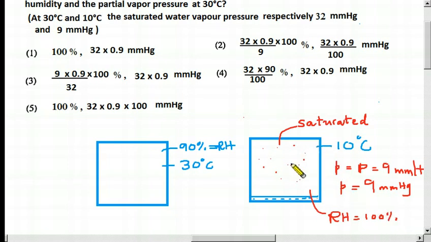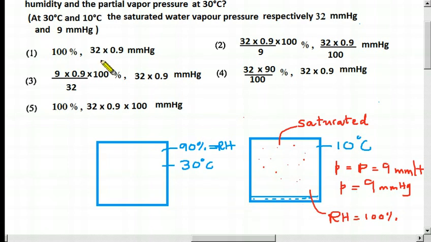Since it is saturated, the relative humidity is 100, because both the pressures are equal. Even though you substitute those equal values into the numerator and denominator, they get cancelled and you get the 100%